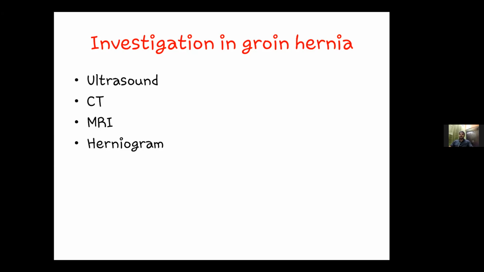Okay. Vanita? Sir, one is the size of the defect and the contents of the sac, sir. And then, as he said, whether it is unilateral or bilateral. Right. When we do ultrasound in our department, what all are we asking in the ultrasound? You look only for hernia? No, sir, the size of the superficial inguinal ring, post-void residuum, sir. Right. Sir, also if there is any prostatic enlargement in case of a male, sir. Right. Anything else?